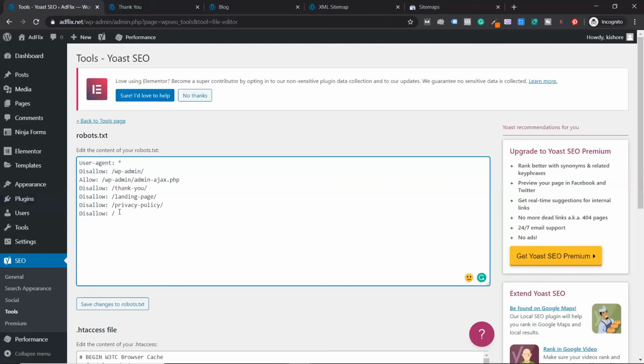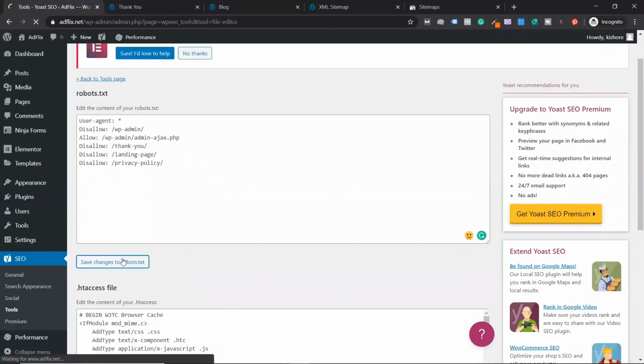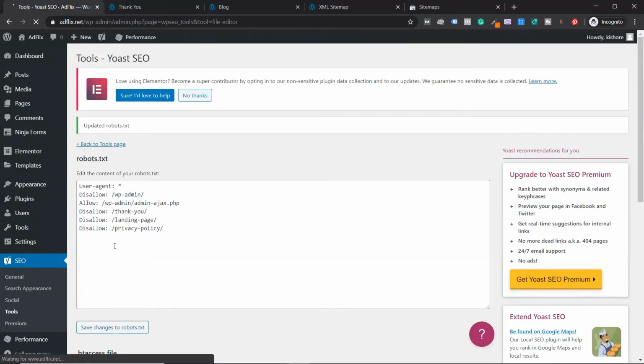You would be blocking your home page, which is the page where you build the most links. Please don't do that. And if you are not sure, please consult someone else before doing this. Afterwards, click on save changes. Then not only Googlebot but any search engine bot will not crawl any of these paths. Either I can do this method or the one shown earlier. Both are the same. You can do this or you can go to that.